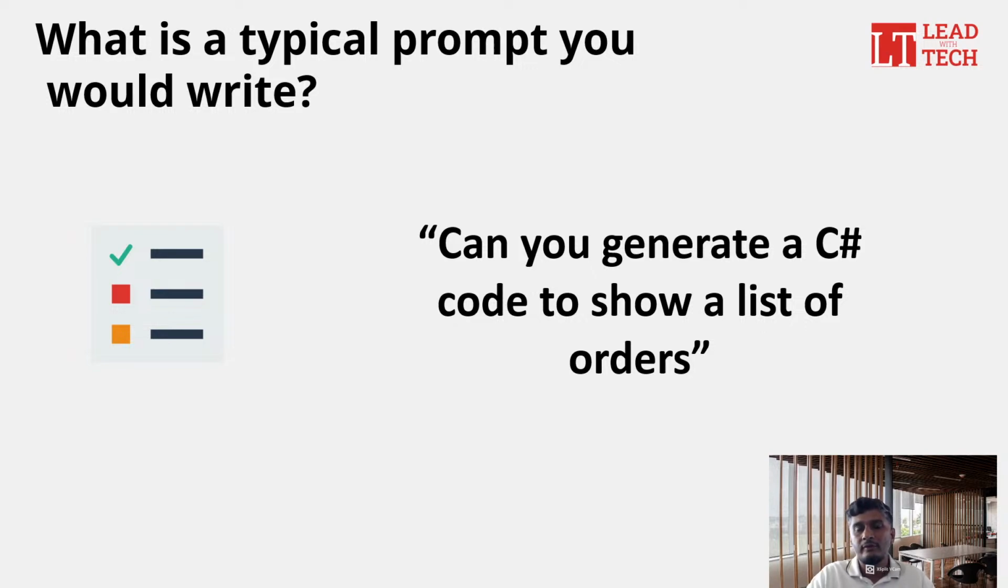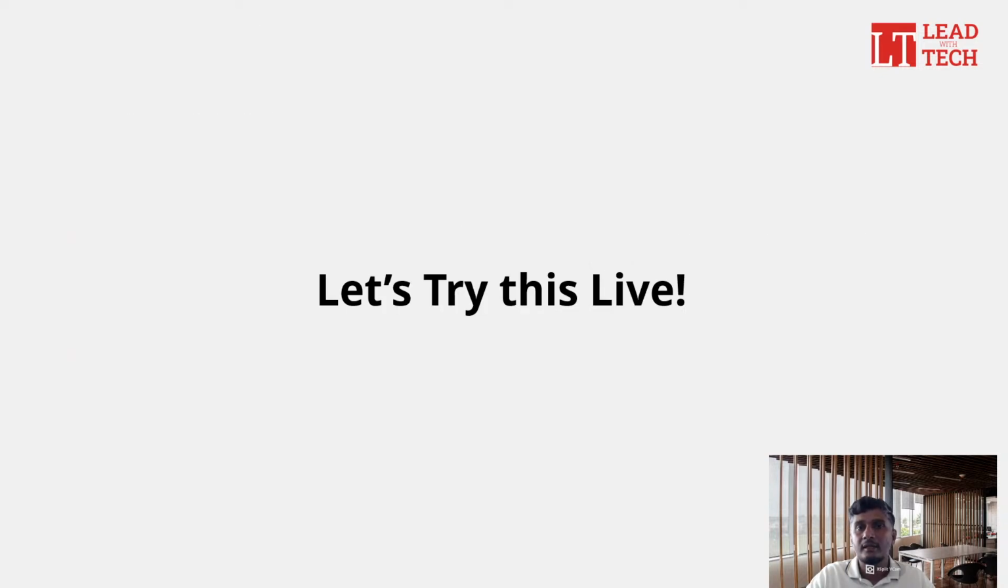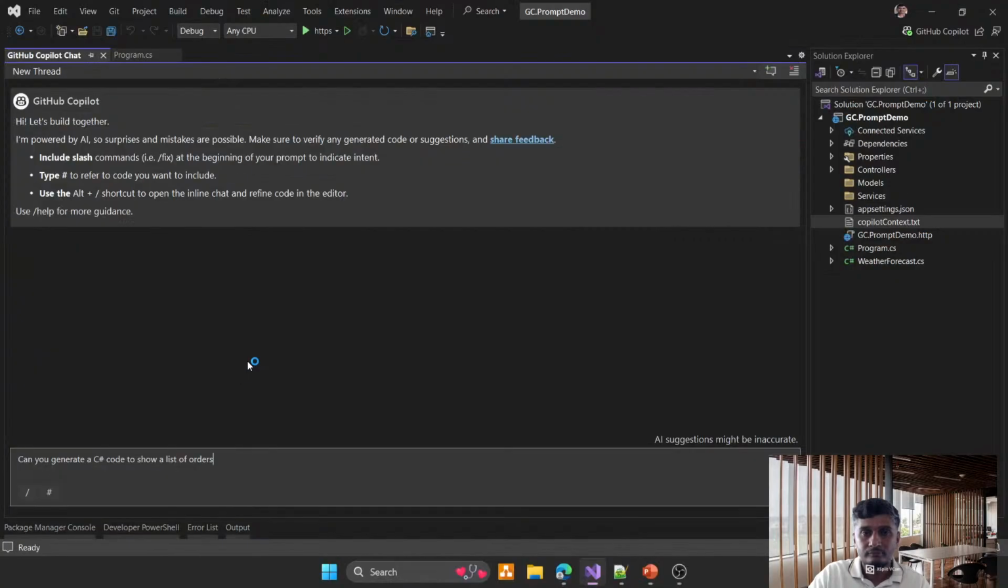Now before we see how to optimize this, let's try this live with GitHub Copilot. Here I have Visual Studio open. I'm writing .NET code. Technology doesn't matter. It could be Java, Python, any language. But the idea is to look at the prompting side of it. So here I said, can you generate a C# code to show a list of orders? This is the prompt which you saw in the slide. I picked it up. Now I'm going to